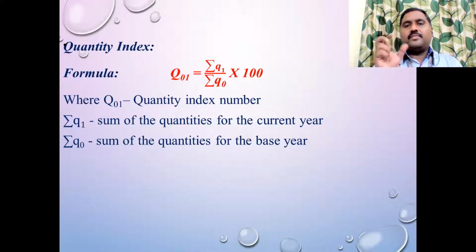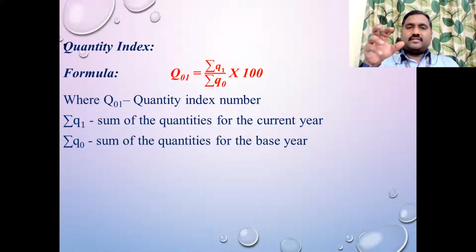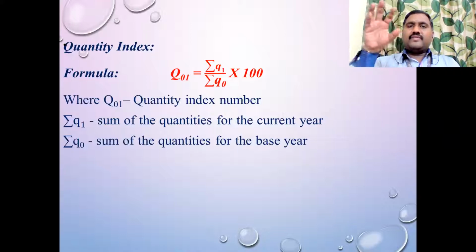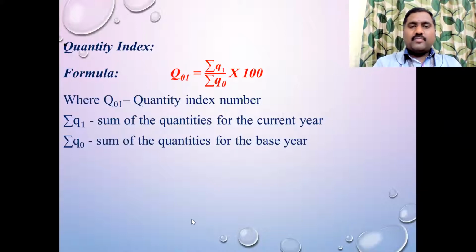The same formula only, but if in a problem they give prices for 2 or 3 different years and ask you to compare with the base year, you use the P formula. Instead of price, they may mention quantity, for example rice 50 kg, wheat 20 kg. When they give a quantity, you can use this. Both are almost the same, only the term will differ. Shall I move on to the problem now?